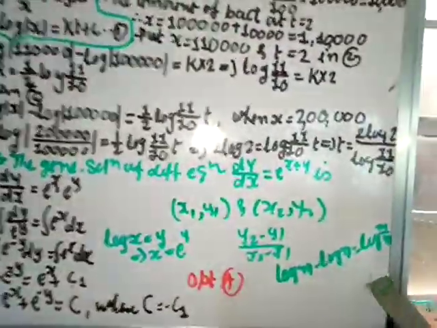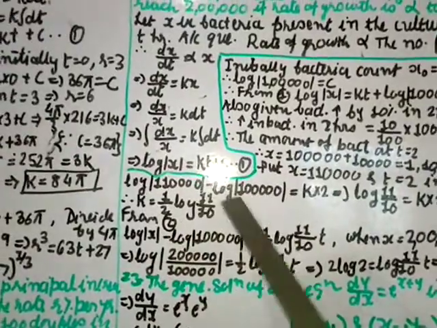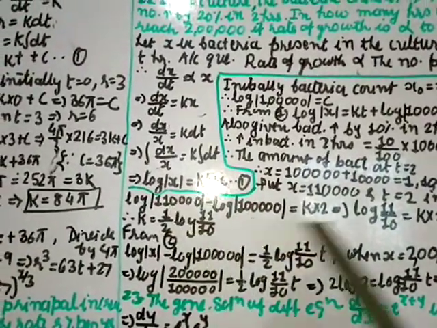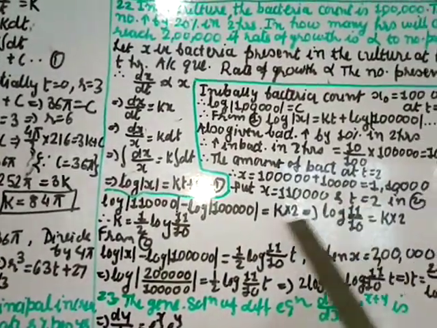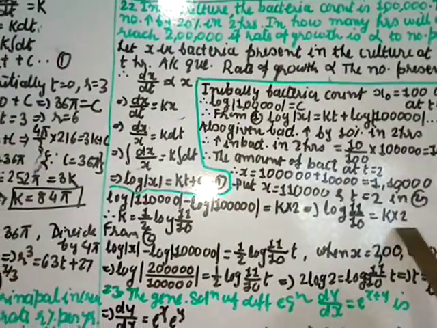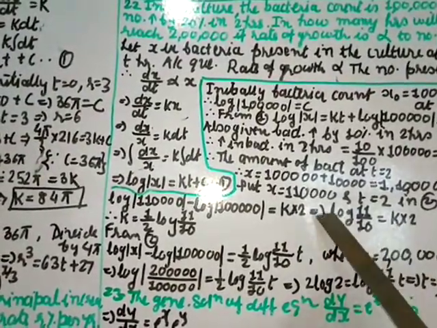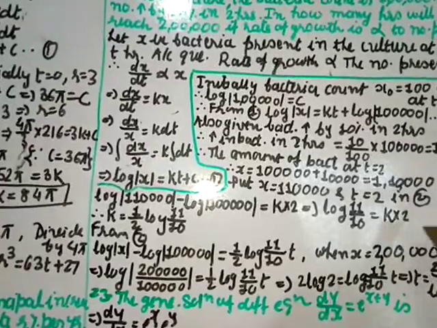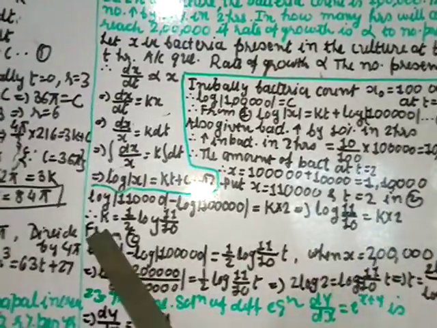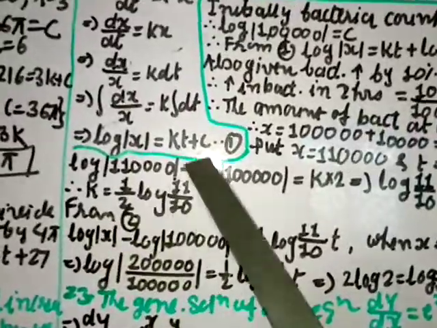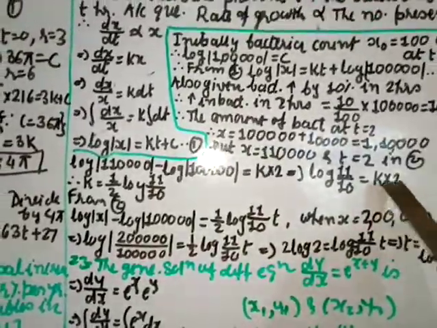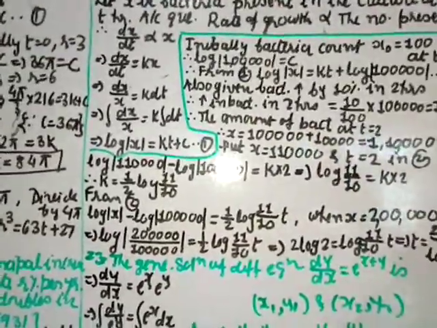This we know, I am using log m minus log n. And when you do this, all 4 zeros will cut, so you get 11 by 10. So log 11 by 10, and here k into 2. Now here I am transferring 2, so 2 will go in the denominator, so you get the k value as 1 by 2 log 11 by 10. This k is transferred here, so 1 by 2 log 11 by 10.